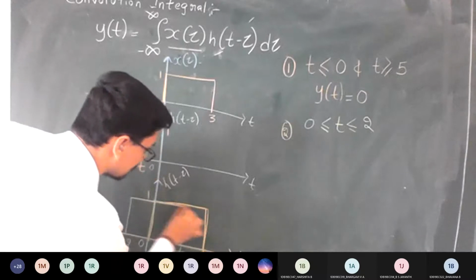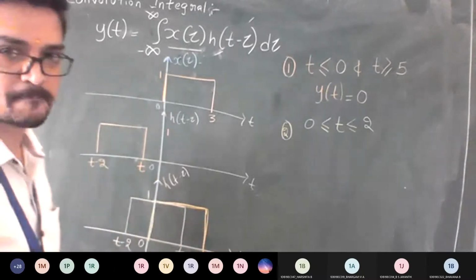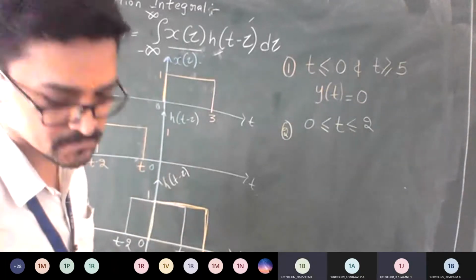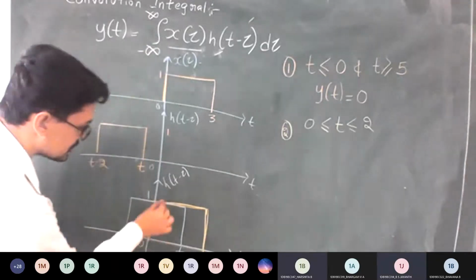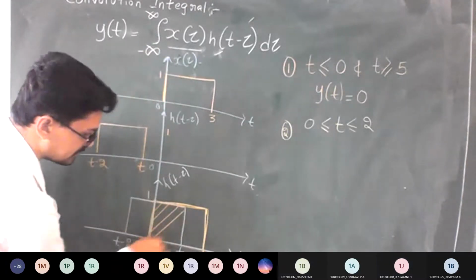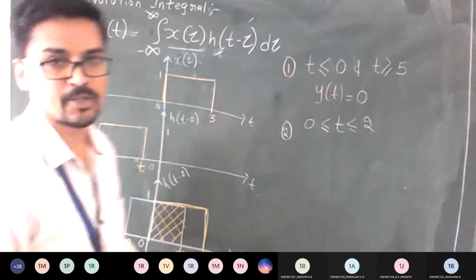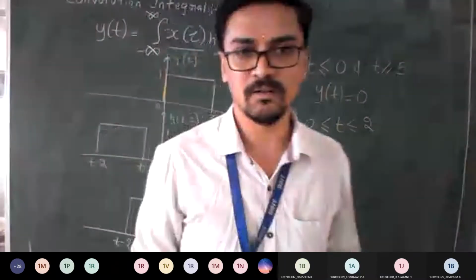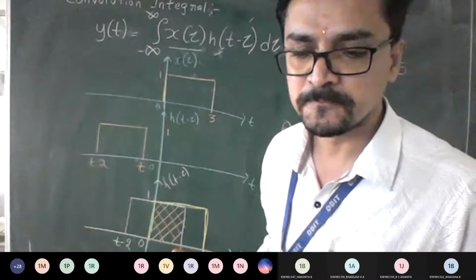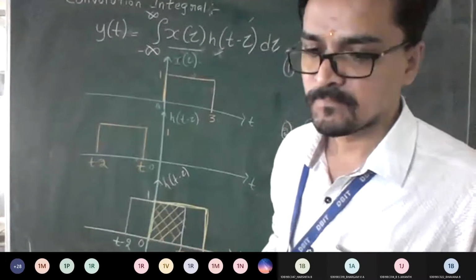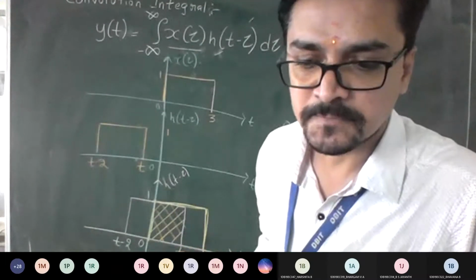This is how it looks. Correct, guys? So from where to where can you see convolution? Between the 0 interval to t, sir. 0 to t. So you just look at the shading part of what I'm doing here. Only this much part is going to get convolved. I hope you understood the logic now, how to do convolution. Any doubts, anyone, till here?